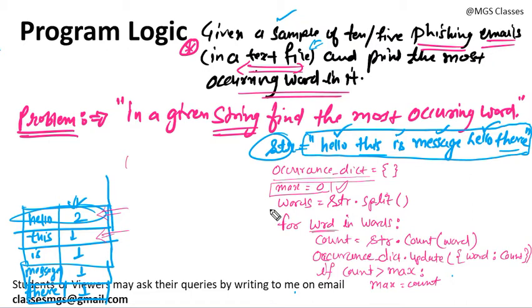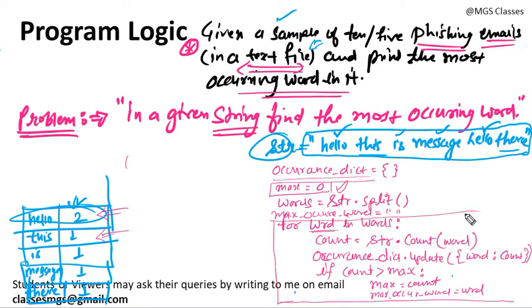So for the maximum occurring word, you can create a blank string named maximum occur word, and you can store this word in it so that you can print it further. So this will be the for loop, complete up to there. And now after this for loop, you just need to print this value, and there is nothing left in this program. Now just print it.